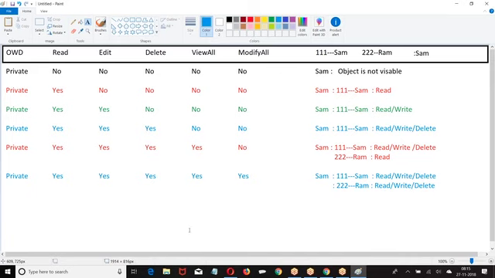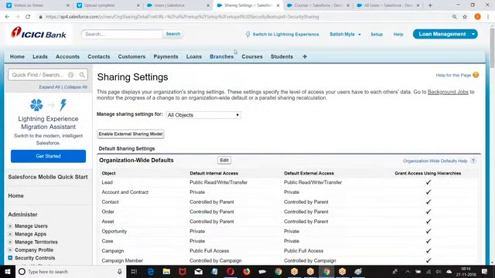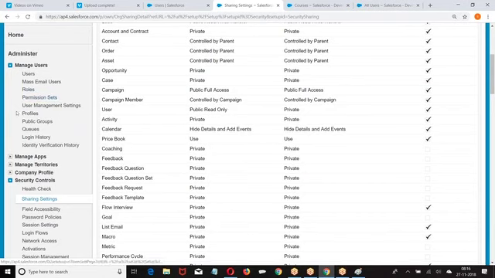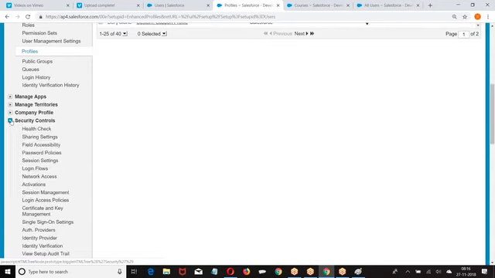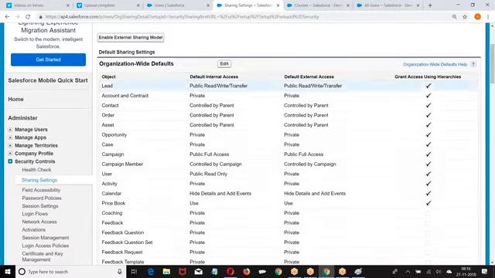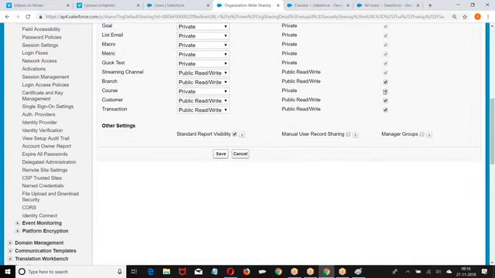No, see. Now let me give. Now OWD is spoken. I am going to the profile. Look at the profile. I'll make it clear here. Let's try to understand my point. What is the OWD?